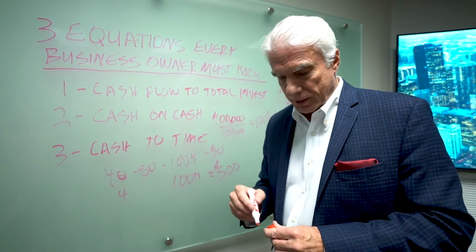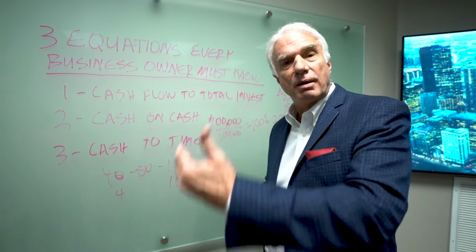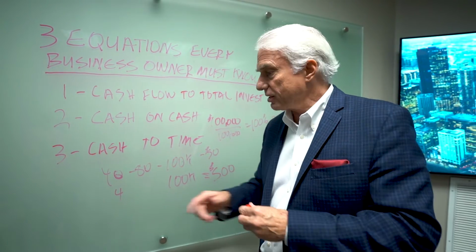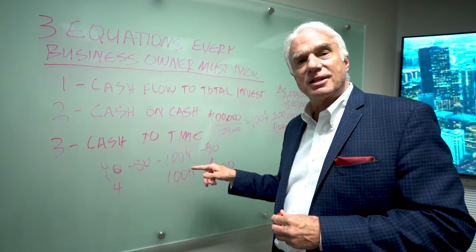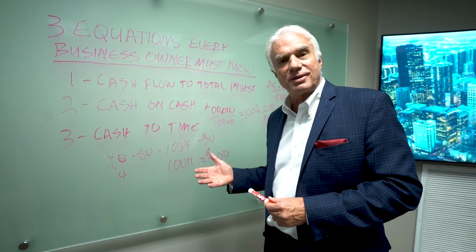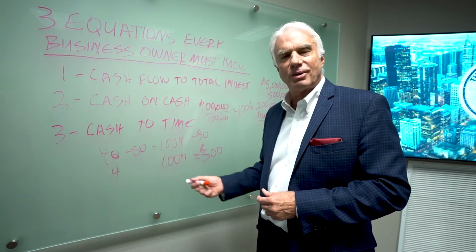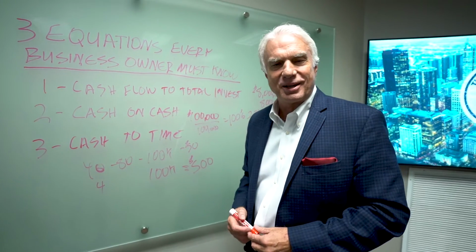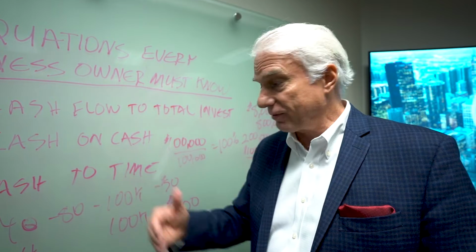The smart ones don't stop there. They don't stop at just looking at one business. They start acquiring more and more and more because they have the time to do it. And a lot of times they can get financing that's even better. And sometimes it can be closer to 100% financing. If the business is doing well, then that ratio just goes up to infinity, because you're using other people's money even more efficiently when you're getting that second, third, fourth, and fifth locations.